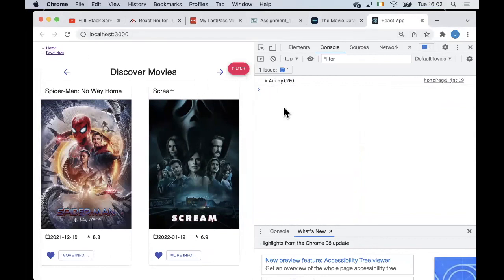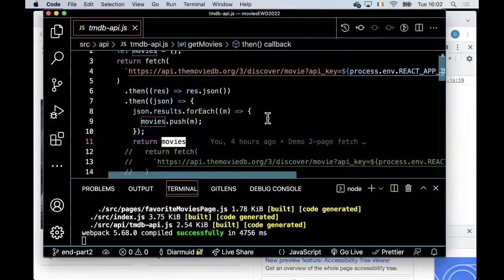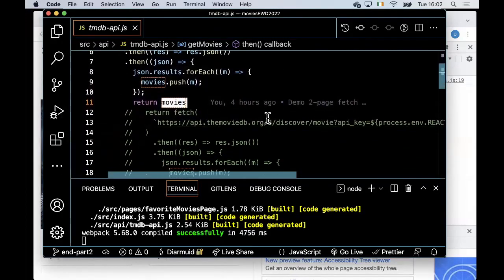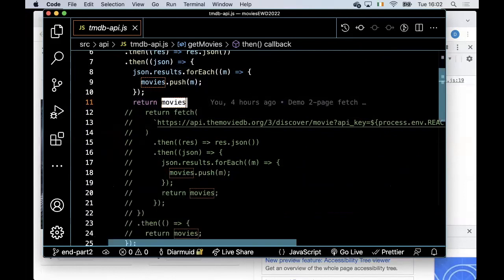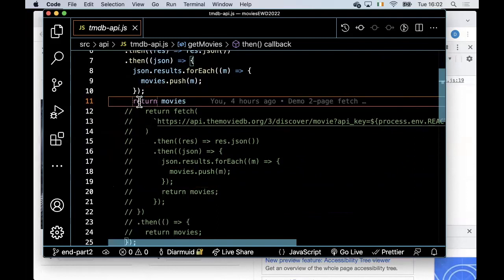But if I want to get 40 movies, then what I need to do is chain on another fetch call. And it's not as straightforward, but I've just done it earlier on so that I wouldn't mess up. And so if I just comment out that line, and if I bring in this stuff,